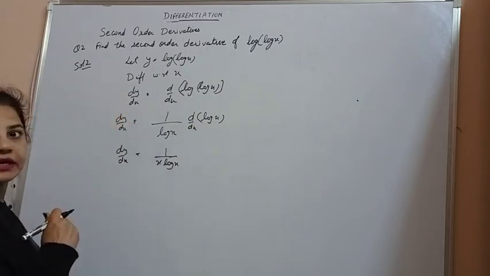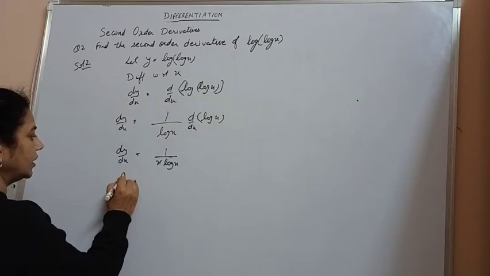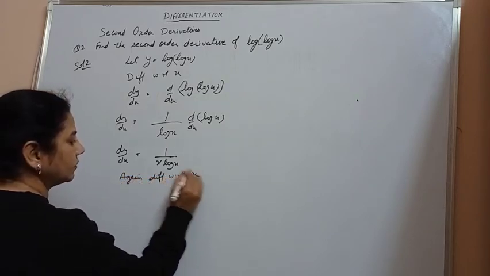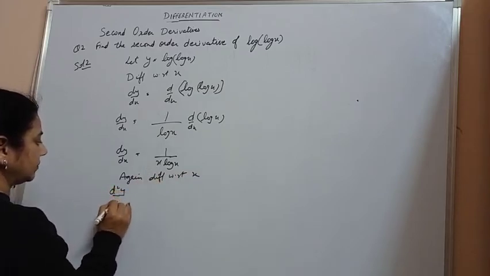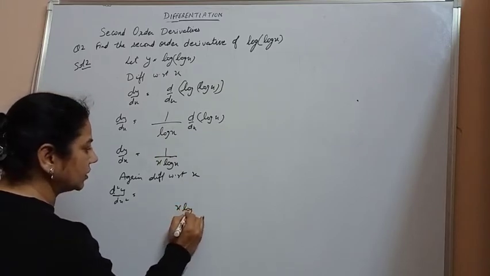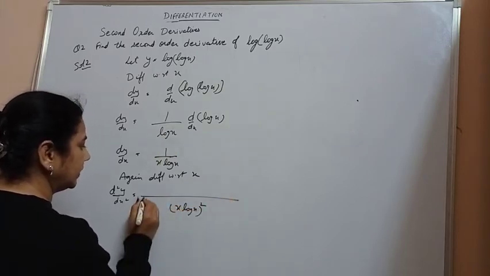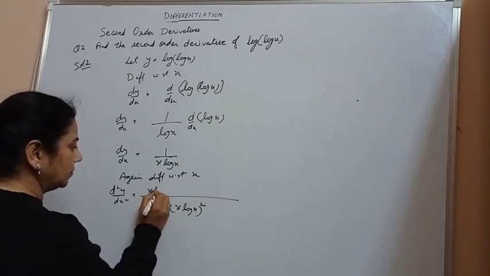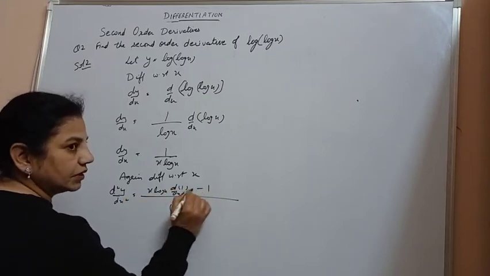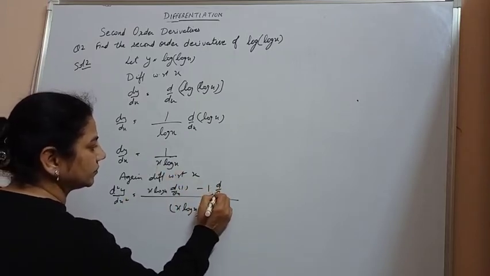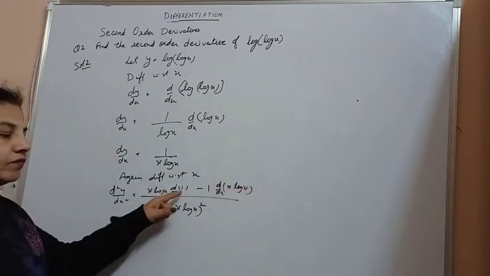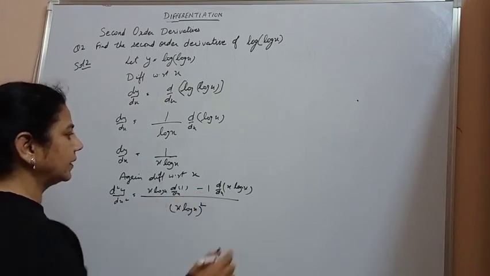As we have to calculate the second derivative, I have to differentiate again with respect to x. I get d square y by dx square. Here I will apply the quotient rule. It says denominator square, divided by denominator into derivative of numerator minus numerator into derivative of denominator. As the derivative of 1 is 0, so I have